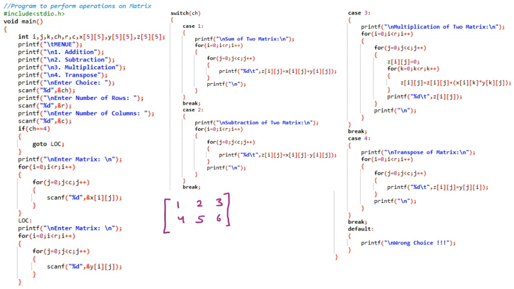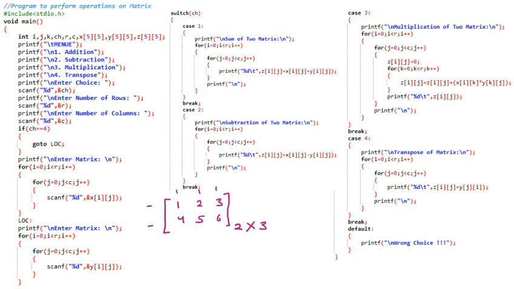And how many rows are there? You know that the rows are 1 and 2. So these are the rows, so 2 cross. How many columns are there? 1, 2 and 3. 3 columns are there. So 2 cross 3. So this is the matrix, or the 2D array, or the table of 2 cross 3.